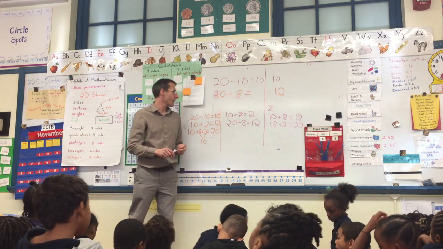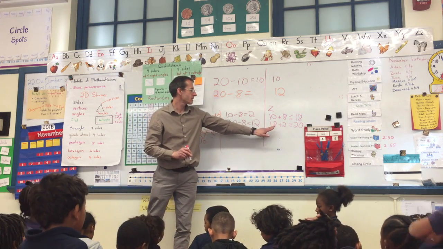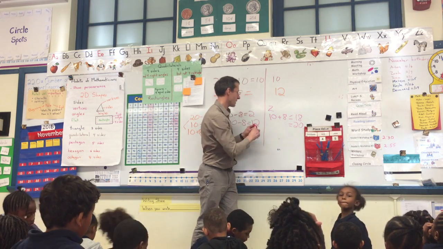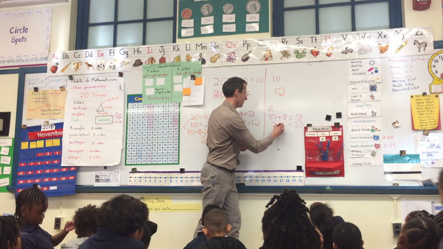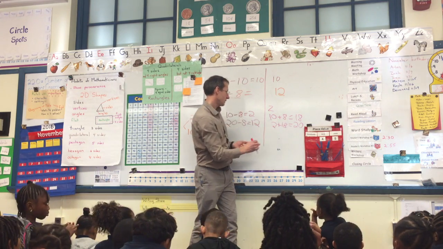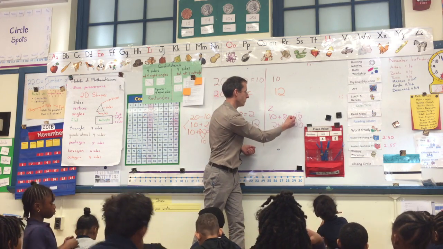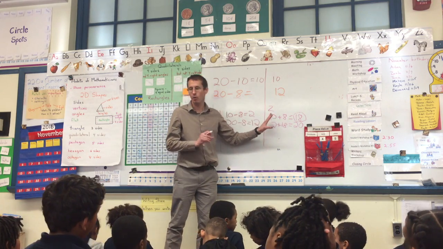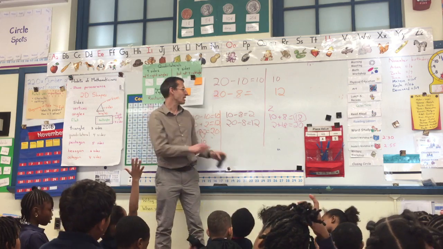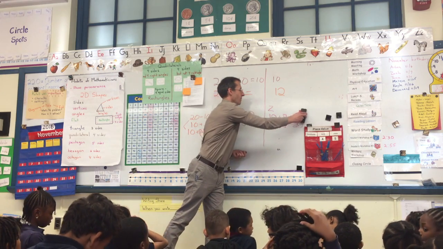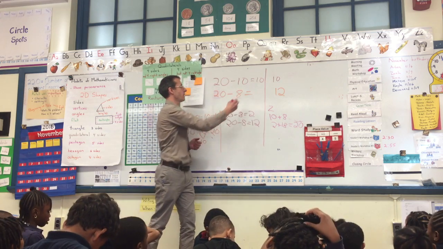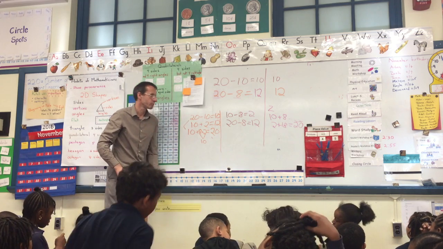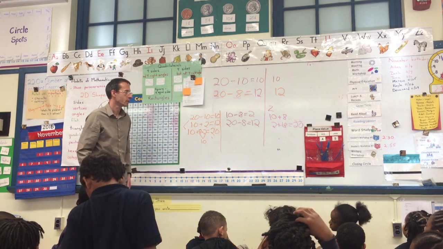So I think this is looking at it from a slightly different direction. If we turn this around, I think we'll be able to see. Because 18 is here, so 10 and 8 is 18. I know what you're doing, but I think it's complicated, and I know you're right. I don't want to erase it, but the answer is 12, and we can prove that with our number line.